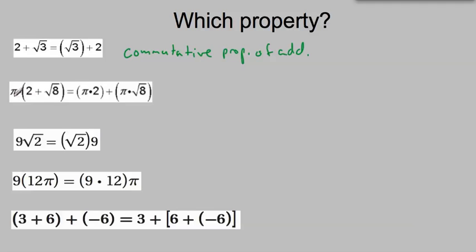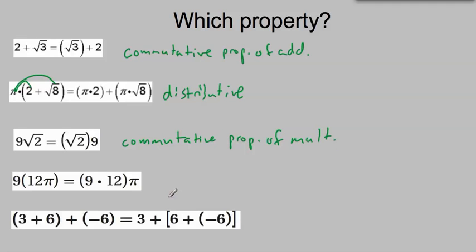Now what about here? I've got pi times 2 plus root 8. Well, I'm distributing pi over addition, and it becomes pi 2 plus pi root 8. This is my distributive property. In this problem, 9 times root 2, or root 2 times 9, they do equal each other because multiplication is commutative. I could change the order that the train cars are in and get the same answer. I should be a little more specific here. Commutative property of